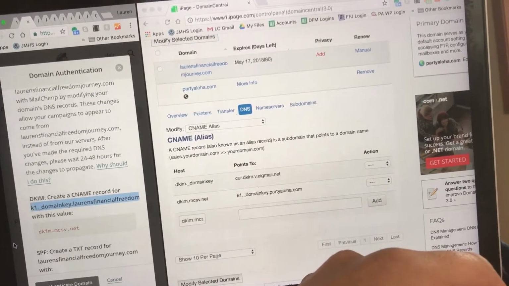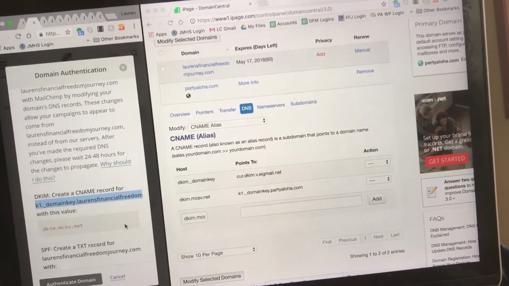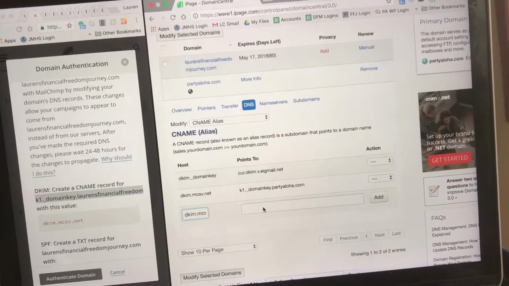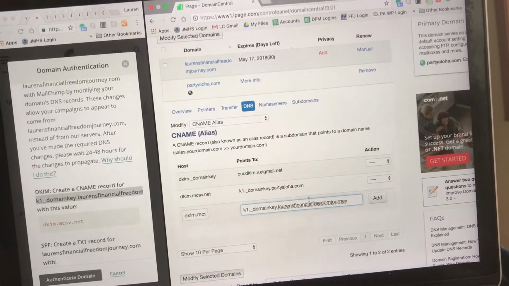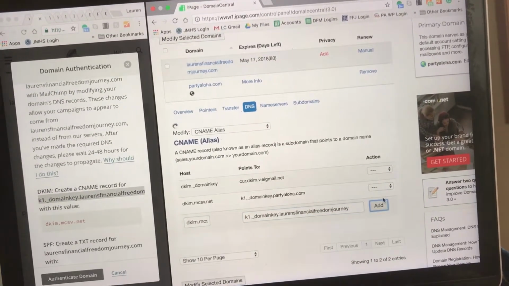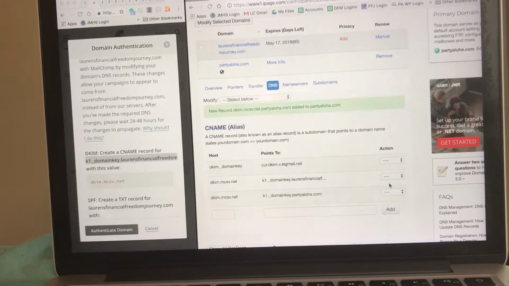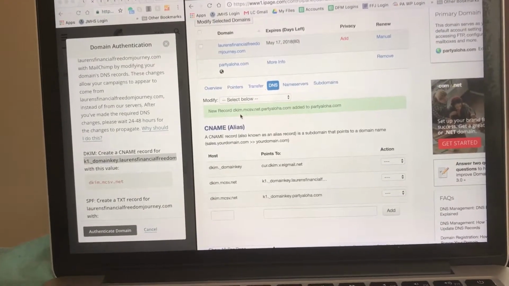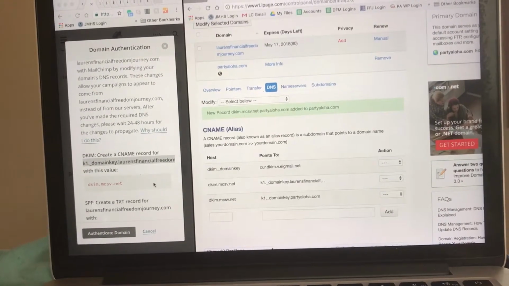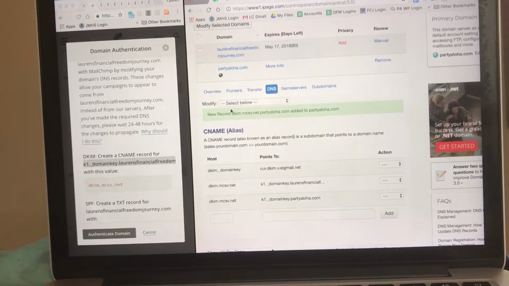And copy. Paste, click add, done correctly, yay, alias. Okay, then we create a text record